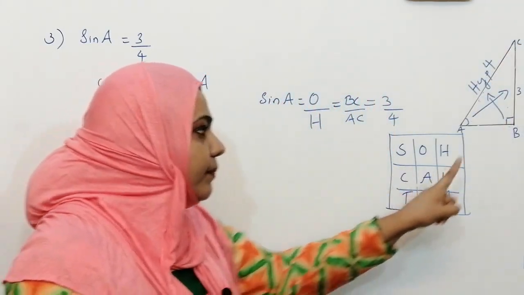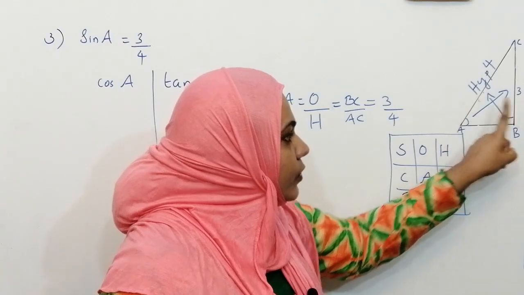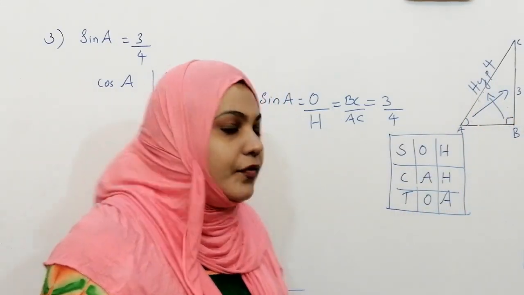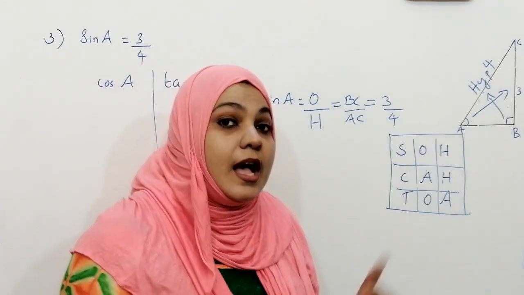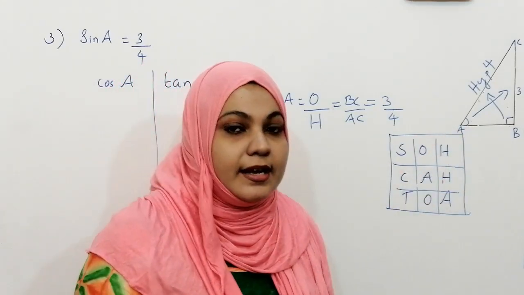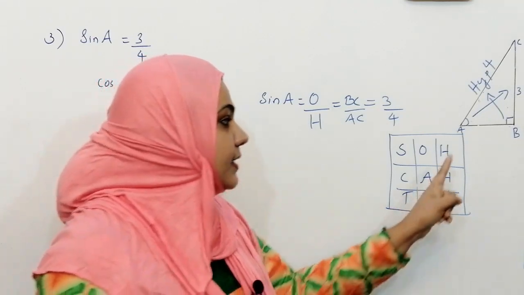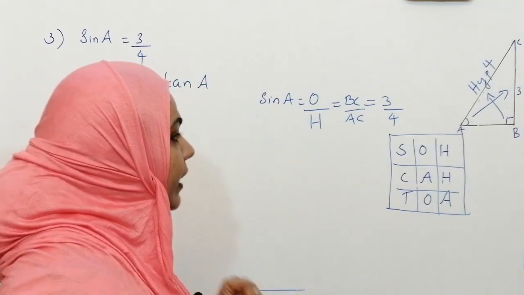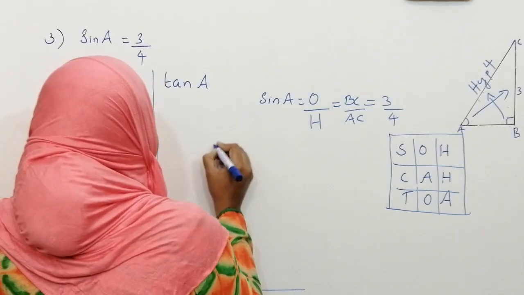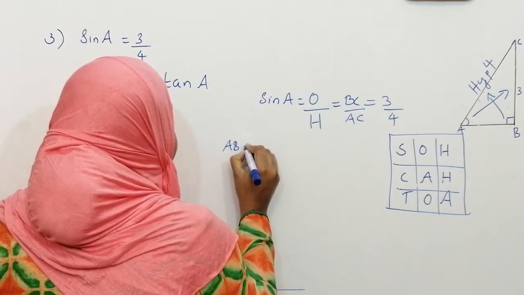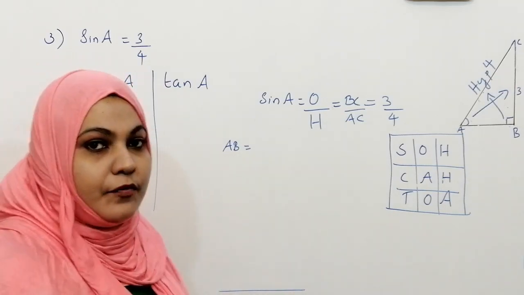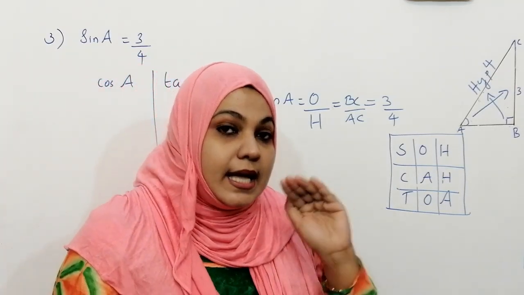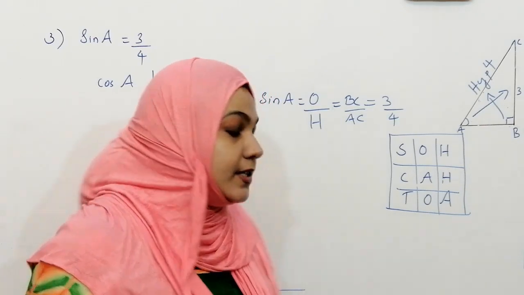Here you can see in this triangle there are 2 sides given. One side is missing. So we have to find the third side of this triangle. How can we find the third side of the triangle? Yes, you are right. We can find it by Pythagoras theorem. Let's see how we can find base square. Here AB is our base. What is the formula for base square? Base square is equal to hypotenuse square minus height square.